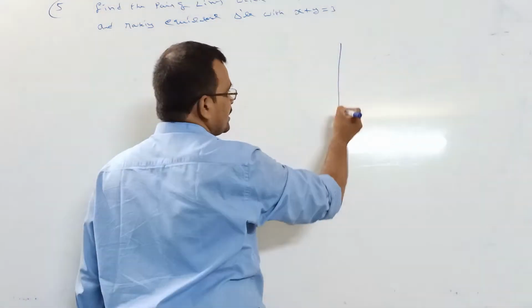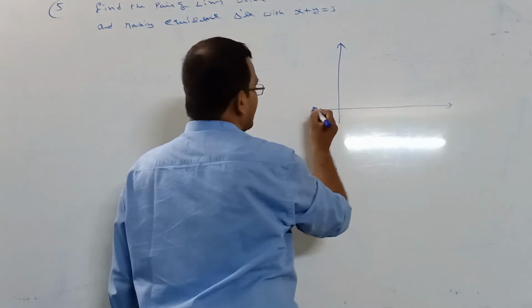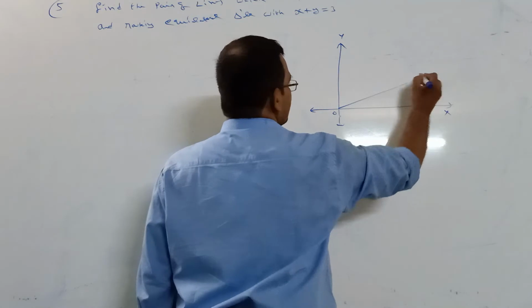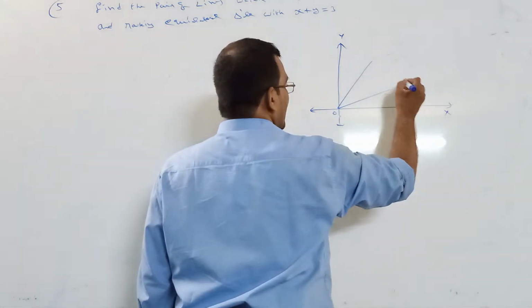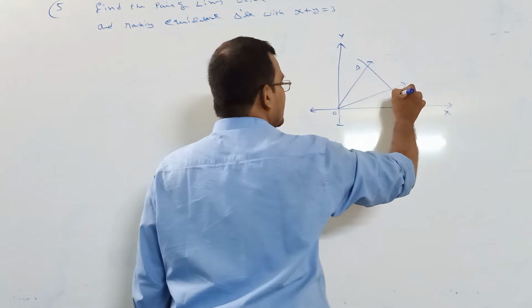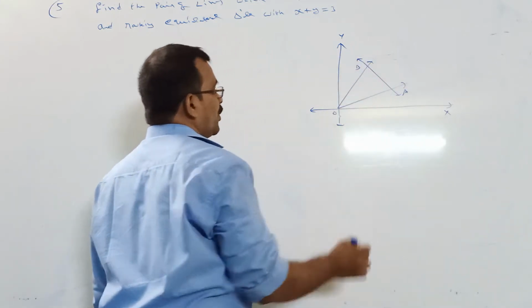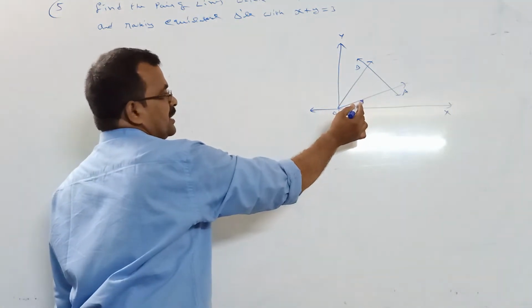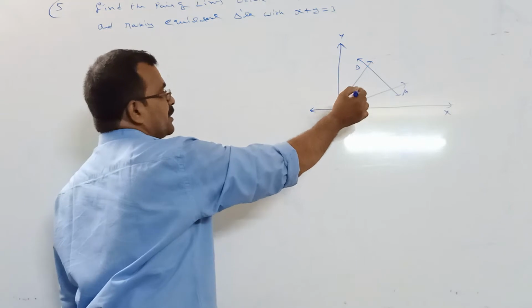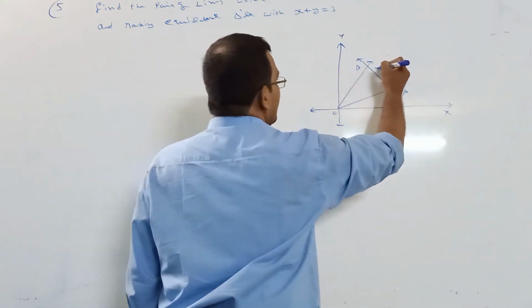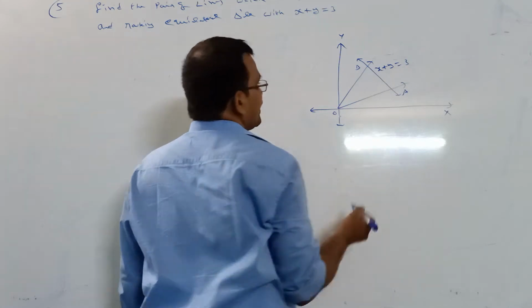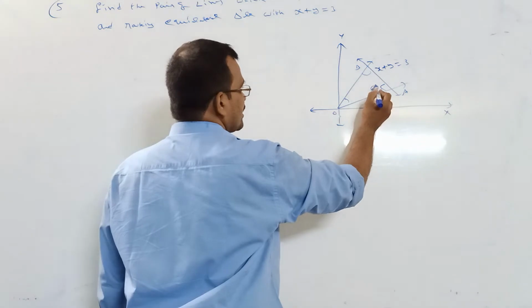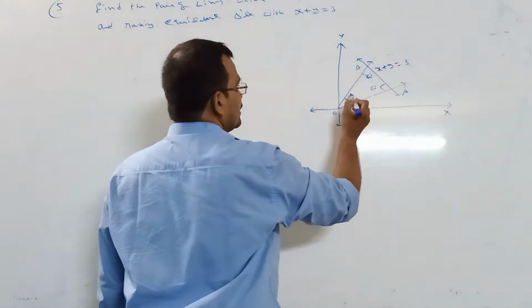It means that suppose these both are taken as coordinate axes. So we have to find these lines OA and OB, such that the triangle OAB is equilateral. That means we have to find the pair of lines passing through origin, OA and OB, making an equilateral triangle with x plus y equals 3. That means obviously the angle is nothing but 60 degrees.